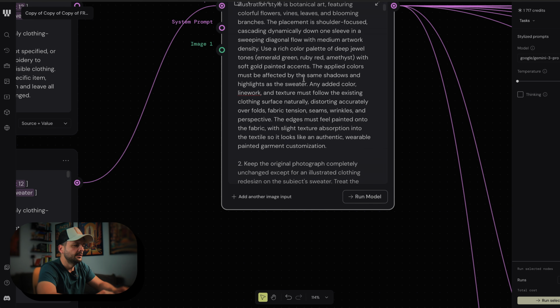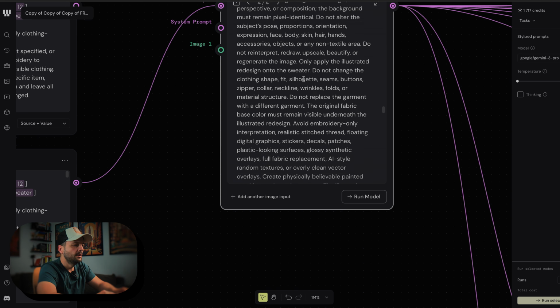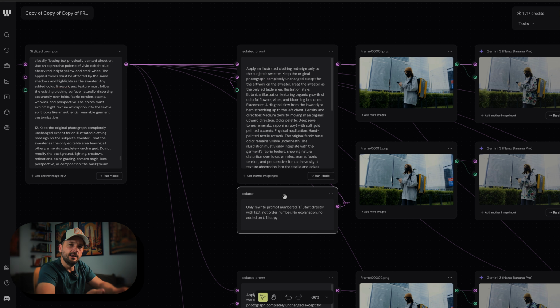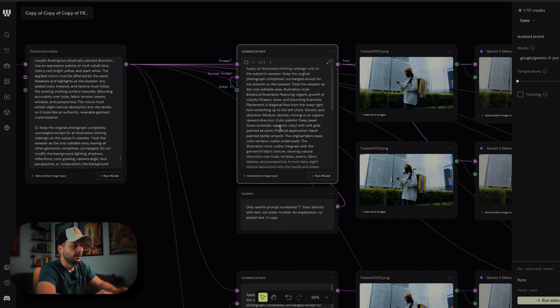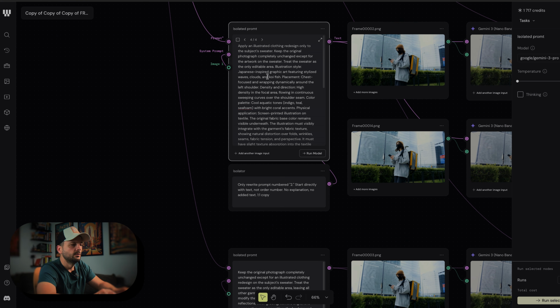Like in here you can see 1, 2, 3, 4 up until 12, and this happens on its own. Then I was isolating each prompt to appear in a prompt node. So here it's only the first one, below it it's only the second one, so you have only one per node and generation. This way